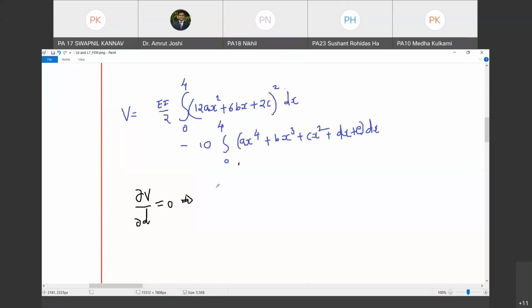What is the second term? So in second term, when I differentiate this with reference to D, what I get is integral 0 to 4 of D dx. Do you agree with me? This is ought to be equal to 0. Happy? Are you with me? Yeah. So that implies what? This is possible only and only if D is 0. So we get the value of D as 0 straight away. Are you with me?